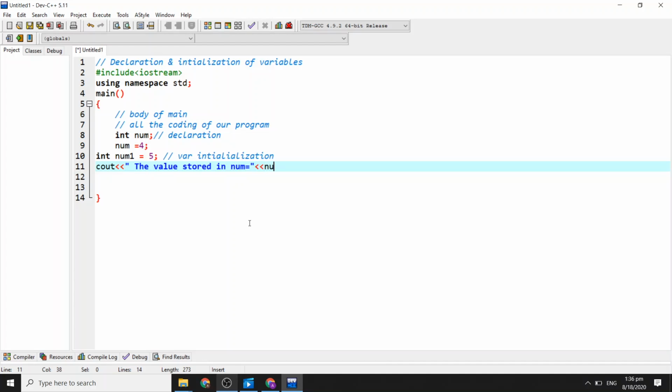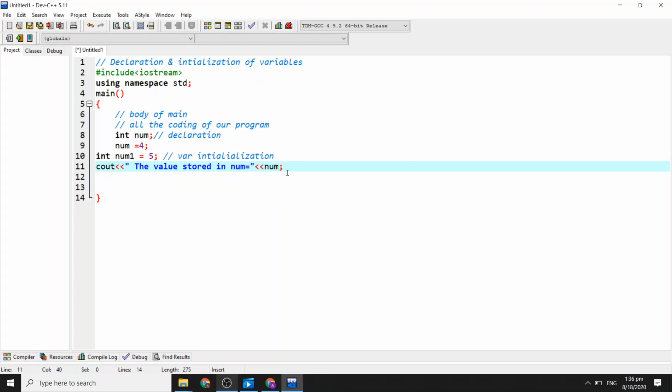Now without quotation marks, whatever I write as a variable, it will print the value inside this variable. Here it will print the value inside num, and in num we have stored the value 4. And this statement is terminated.